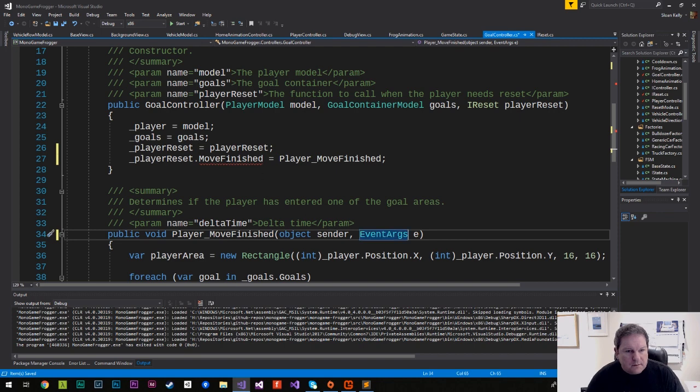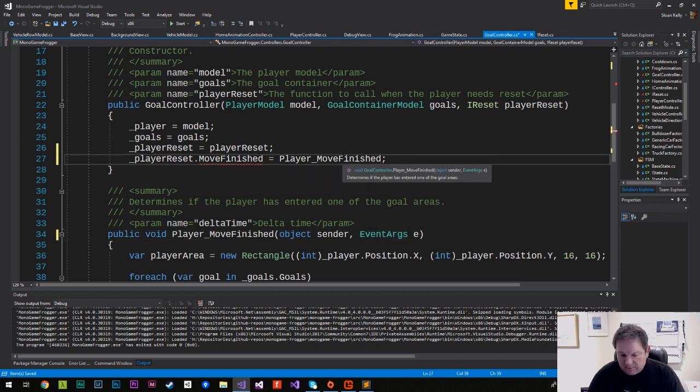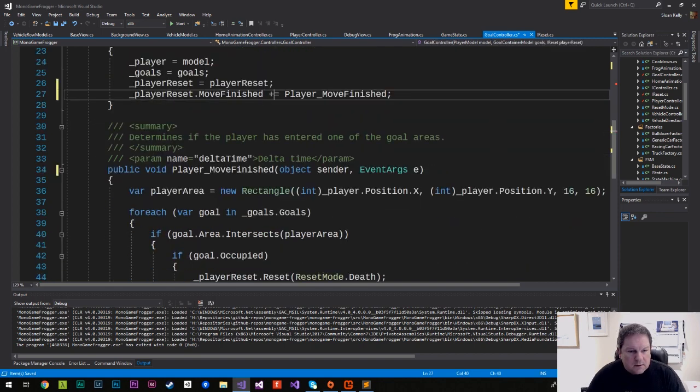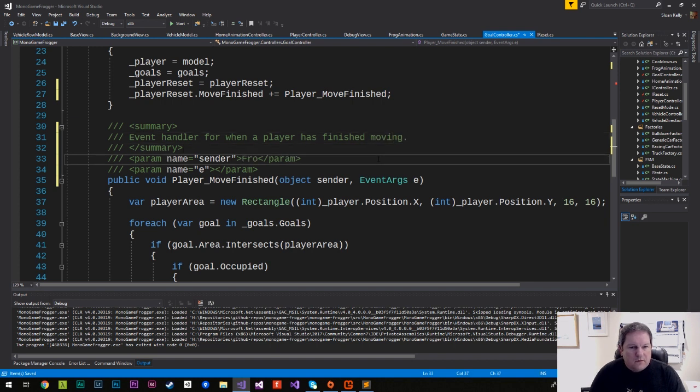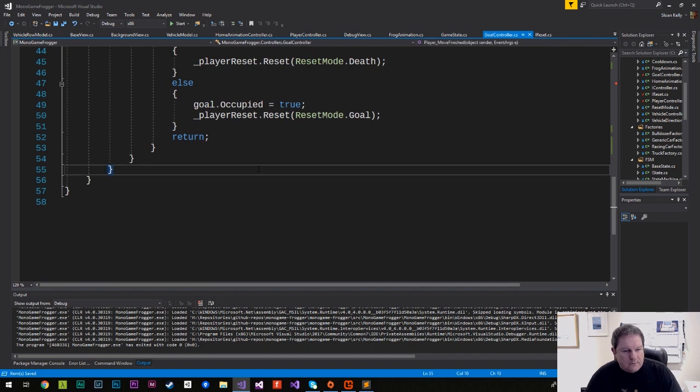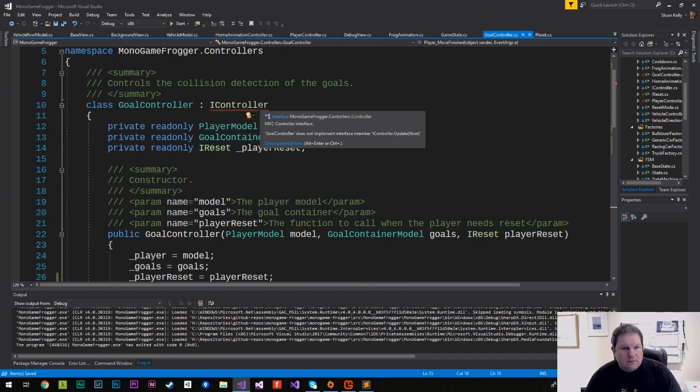Okay, and that needs to be plus equals, and we can get rid of all of that. Event handler for when a player has finished moving. FrogController, blank EventArgs. Okay, so now it will only